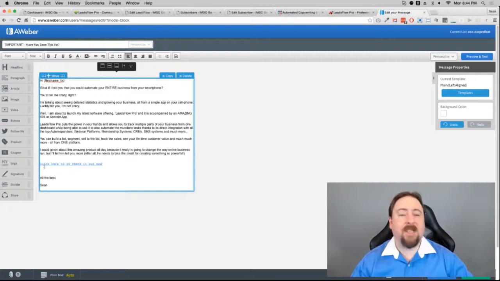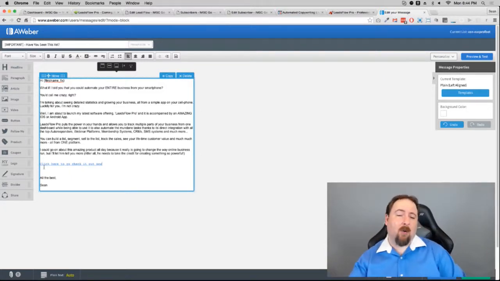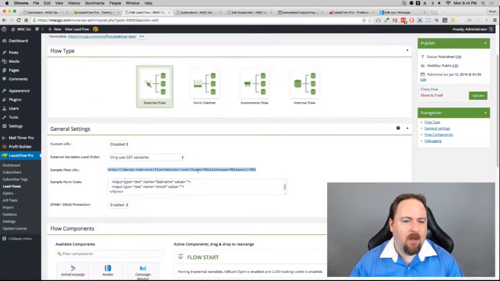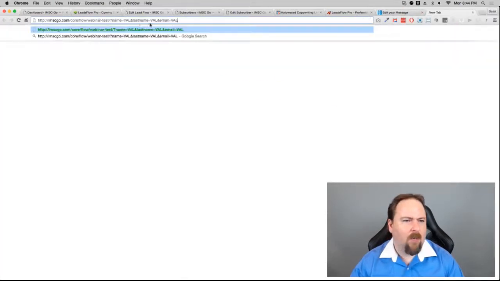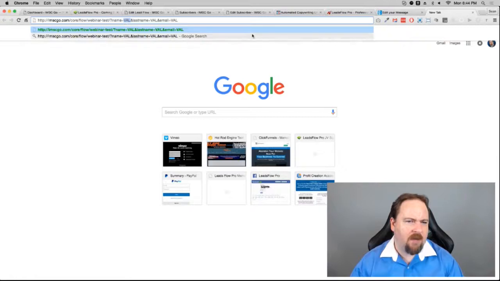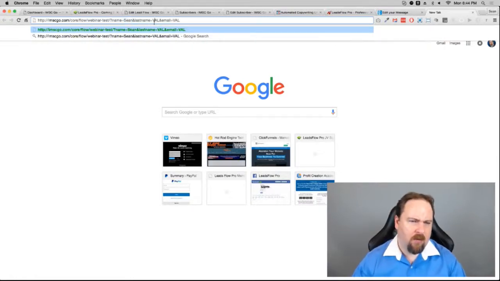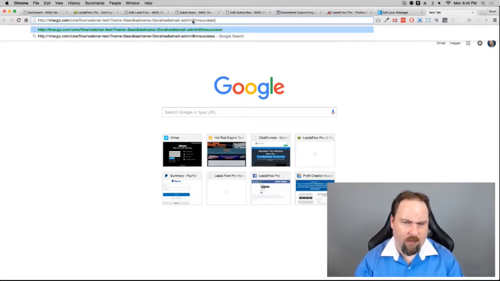And what happens now is when you broadcast this out, they click on that and boom, they're pushed right through the flow seamlessly. In fact, what I'll do is rather than send myself an email, I'm going to grab this. Okay. Get Facebook out of the way there. And what I'll do is I'll just put my own data in there. Sean. And I'll do a test email. Use for demo purposes,